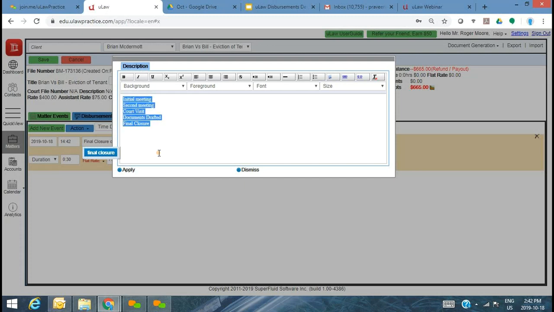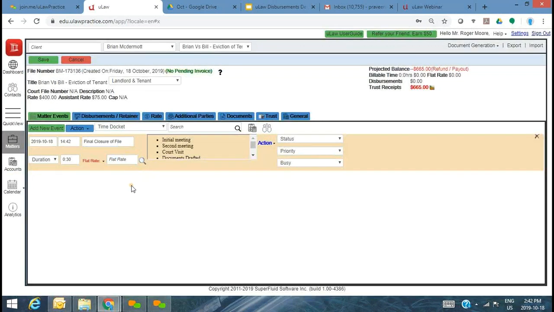Again, I'm just making this up, of course, but this is really the total summary of all the tasks that you've accomplished in this particular matter.